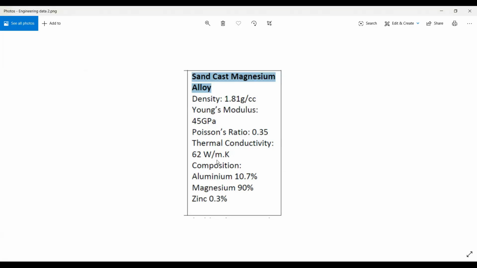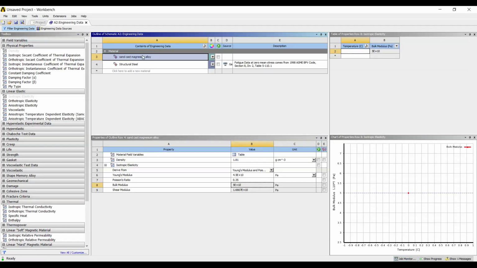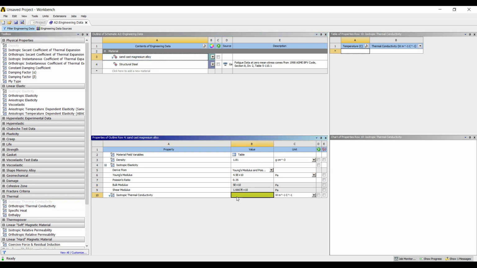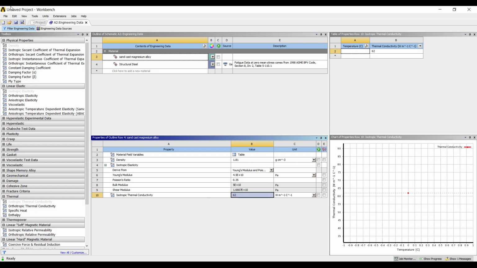Next property is thermal conductivity. I will have to choose the thermal section of ANSYS, and the first option over there itself is isotropic thermal conductivity. I'll choose it. The value is going to be 62. The unit is watt per meter degree Celsius given in the question. If you see over here, the unit will be watt per meter Kelvin inverse. If you want, you can change it to watt per meter degree Celsius, but it really doesn't make a difference,